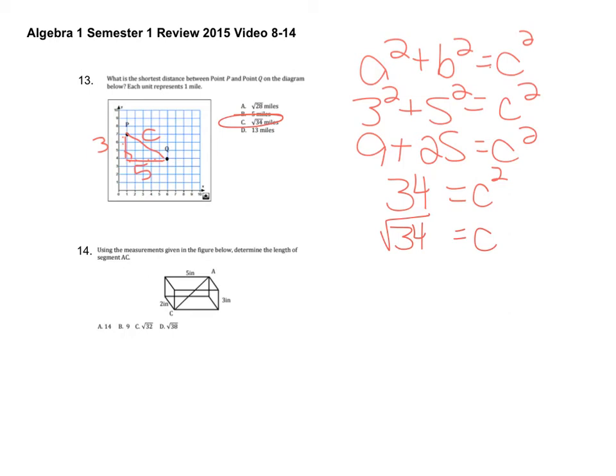All right, look at 14. Using the measurements given in the figure below, determine the length of segment AC. Now this is one of those that you have to sort of use your imagination a little bit. This is a string going from the top corner of the box down to the bottom, and this is one that we use the Pythagorean theorem twice. Okay, so watch what happens here. We're going to draw across the bottom of the box, and it's going to be really hard to do here on